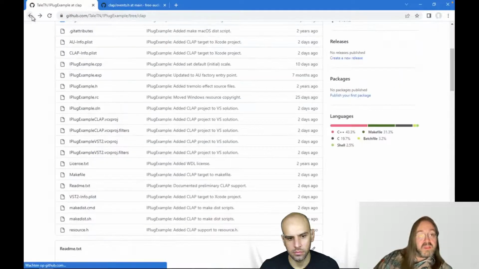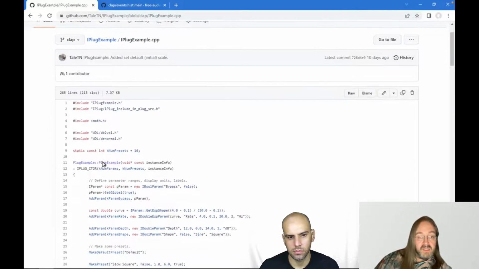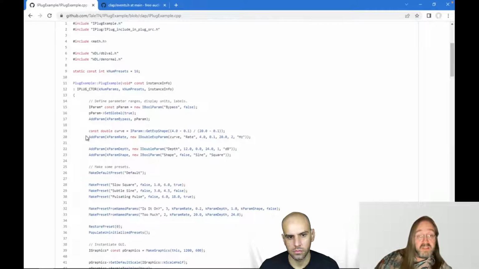So there's not much to see here. So if we switch over to the actual source file, here I'm including my own header, so we have access to everything we just saw. And then here, again, we see some things that are probably somewhat familiar, but also somewhat different, because I'm doing things a little different than the original iPlug. But basically, I'm again saying, hey, there's a parameter, it's called bypass. The default value is false because it's a Boolean parameter. And I'm doing that for every parameter.